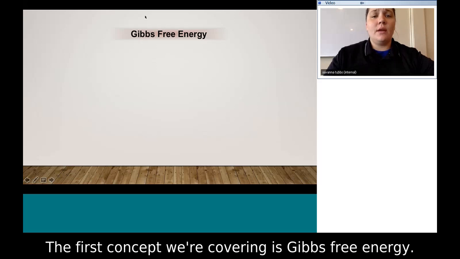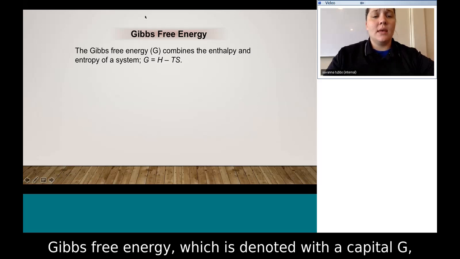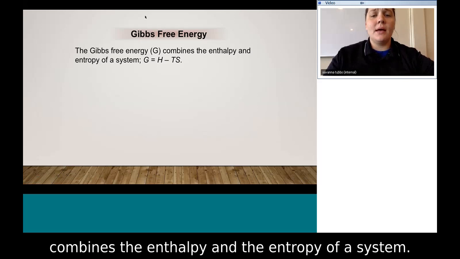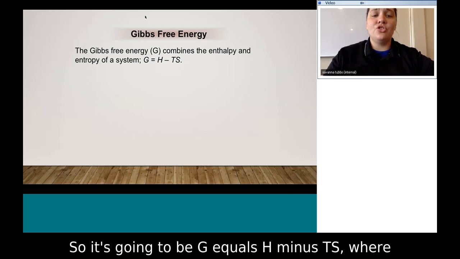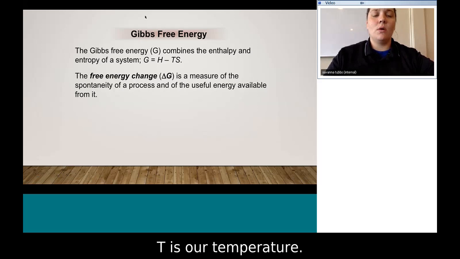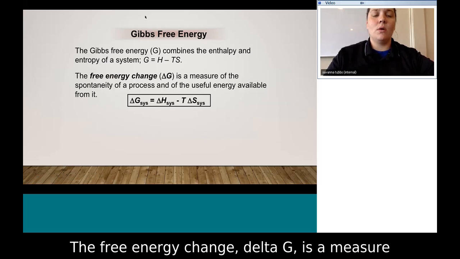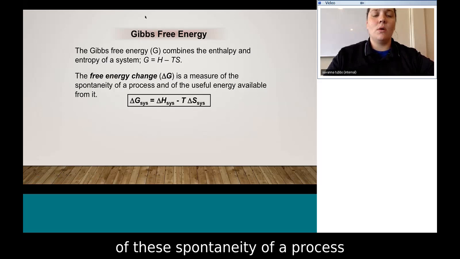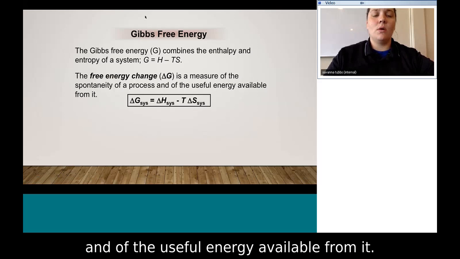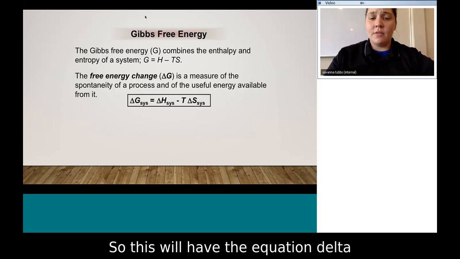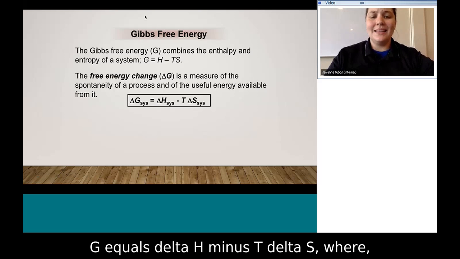The first concept we're covering is Gibbs free energy. Gibbs free energy, which is denoted with a capital G, combines the enthalpy and the entropy of a system. So it's going to be G equals H minus TS, where T is our temperature. The free energy change, delta G, is a measure of the spontaneity of a process and of the useful energy available from it. So this will have the equation delta G equals delta H minus T delta S,